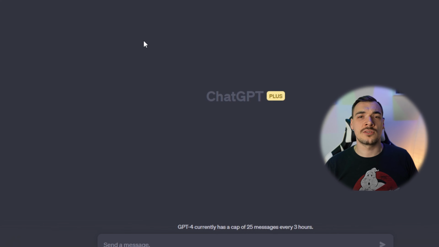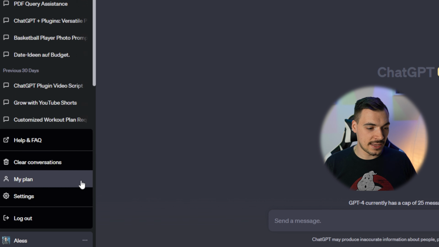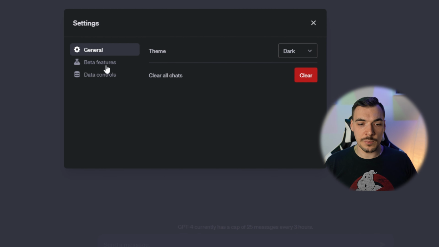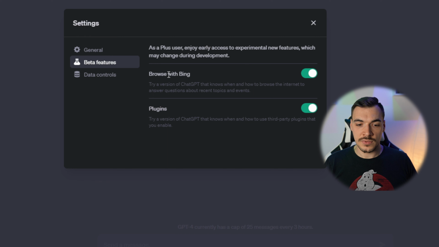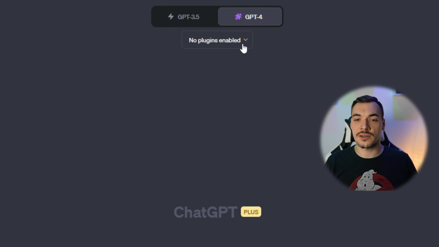After you upgrade to the Plus version, you just go down to the three dots on the left side, and then you can click on Settings, click on Beta Features, and then you can activate Browse with Bing. This is for the web search function, and also you can activate plugins. That easy. Once you activated ChatGPT plugins, you can hover over GPT-4, click on plugins, and then there's a drop-down